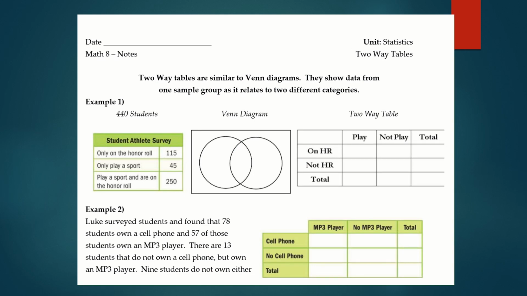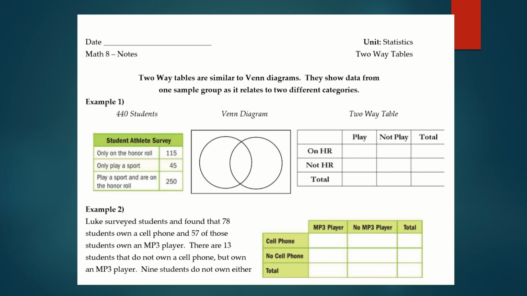Hey everybody, welcome back. Today we're going to change gears a little bit and start looking at what's called two-way tables. So we're still in our statistics unit. We're actually still comparing categories of data, in this case two different categories of data, and we're comparing this data based off of one